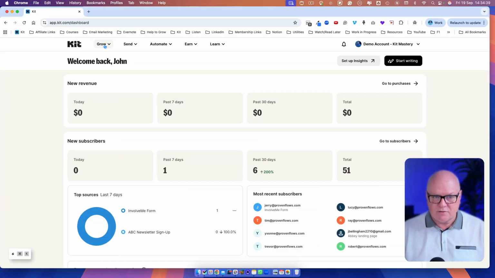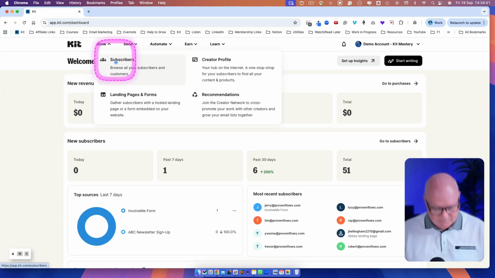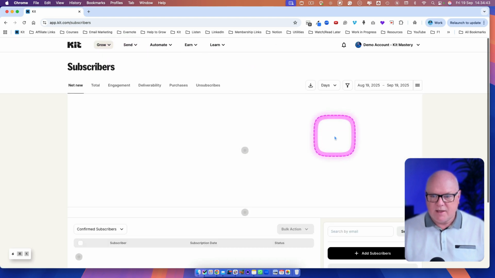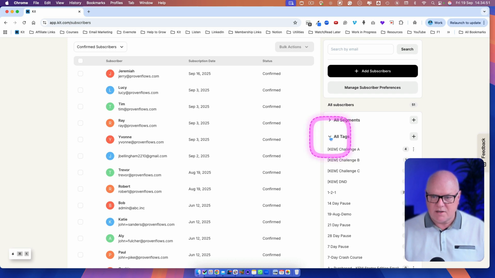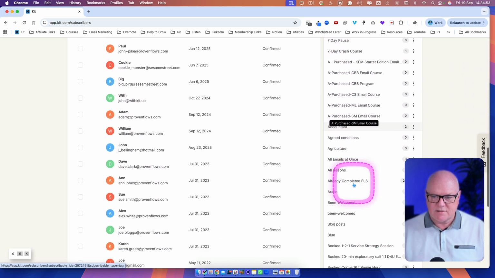So let's look at how you can create tags inside Kit, and then apply them to your subscribers' profiles. First of all, we'll head to Grow, Subscribers, and down the right hand side is where you'll see the tags are kept. If I click this little drop down button here, you'll see all my tags for this demo